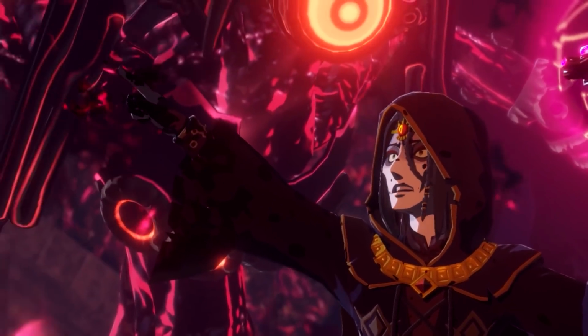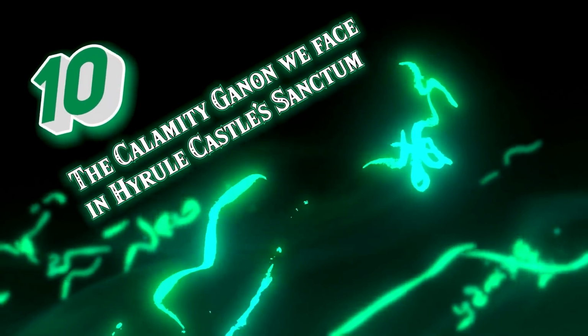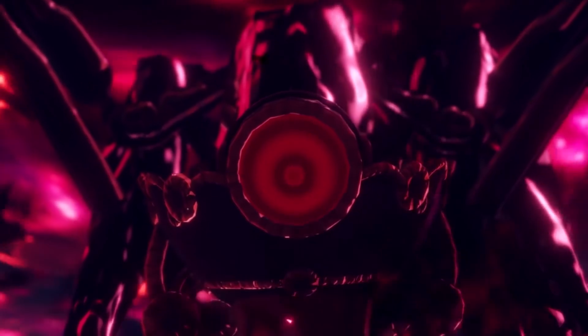While the second scene of Harbinger Ganon consuming Asta brings us to a final point, Tease, and the ultimate goal of Ganondorf's mind game. Number 10. The Calamity Ganon we face in Hyrule Castle's Sanctum. Calamity Ganon's transformation from a disgusting possessed Terrako, aka Harbinger Ganon, into what resembles a giant human after consuming Asta